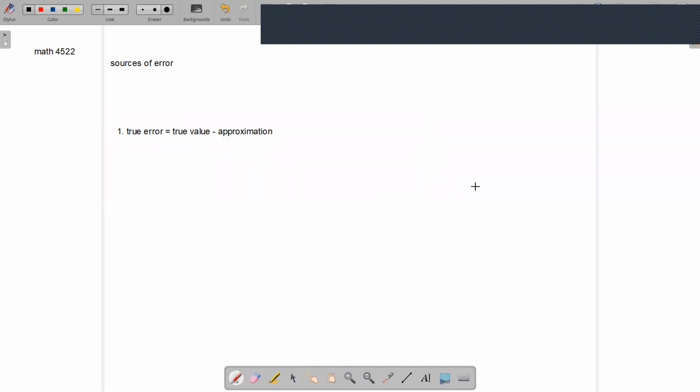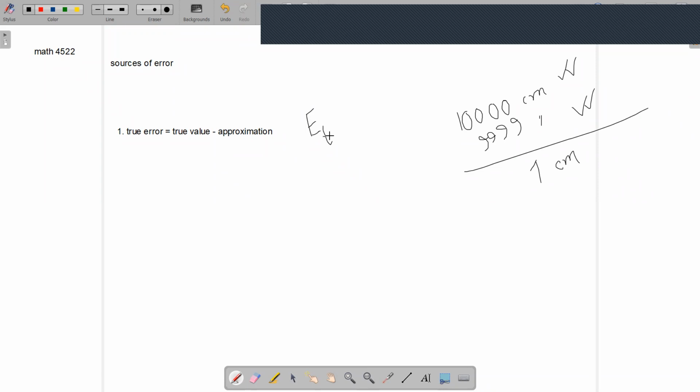Say for example, you are measuring a table. The true length of the table is, say for example, 10,000 centimeter. And you have calculated the length as 9,999 centimeter. So the error is 1 centimeter, right? The difference between these two, this is your actual length and this is the length that you actually calculated somehow. So the error is 1 centimeter and this is known as true error, and it is represented as capital E